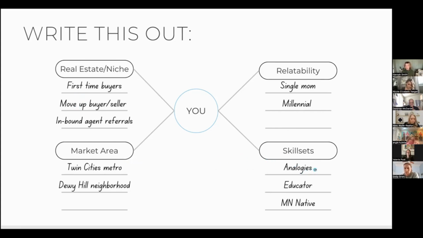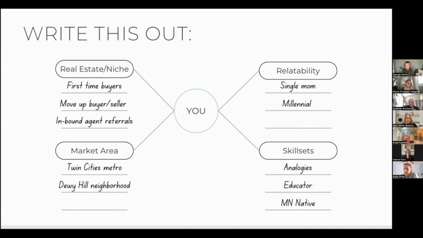analogies. This is a good example of, I didn't know I was good at something, and I asked my team and people that I respect around me that work with me what I'm good at and what they rely on me for. And a lot of our agents were like, well, you're really good at analogies. Like, you're really good at making something make sense that's otherwise confusing by putting it into a different topic. And so I put that as my skill set. And a lot of my reels are something funny, but it's an analogy for something related to real estate. And I didn't even realize I was doing that. I guess I did, but not in that way. And I was like, oh yeah, you're right. A lot of my content is about analogies. That's one of my skill sets, right?